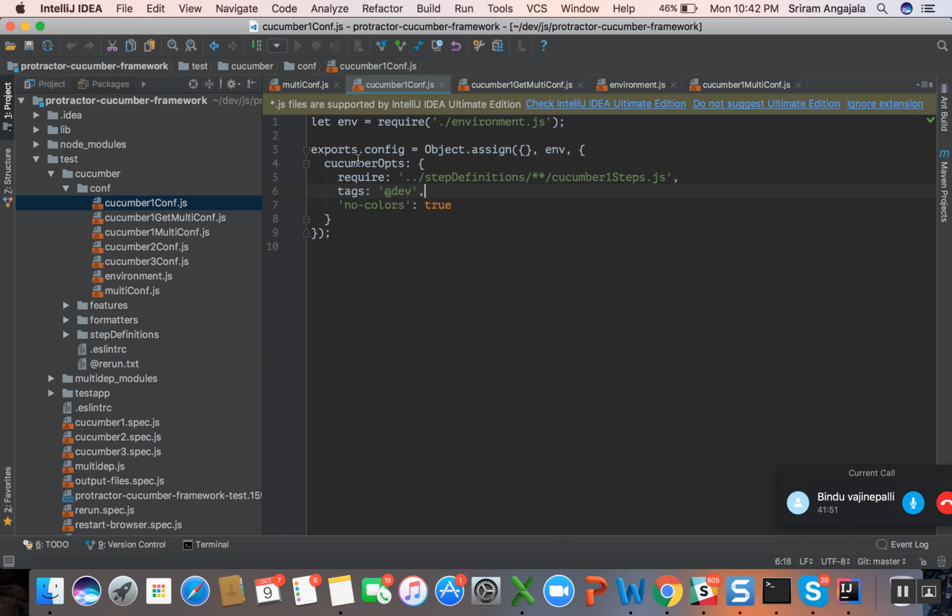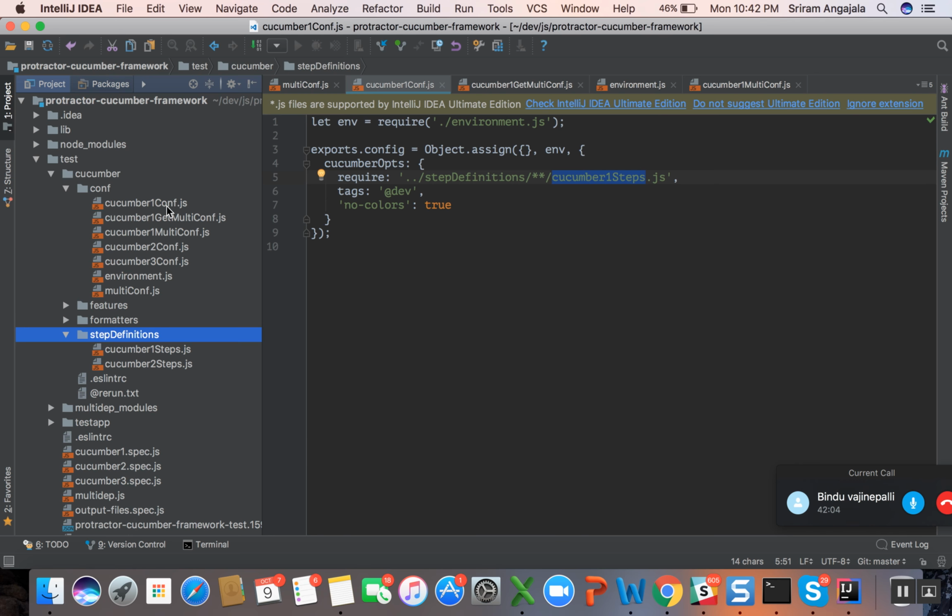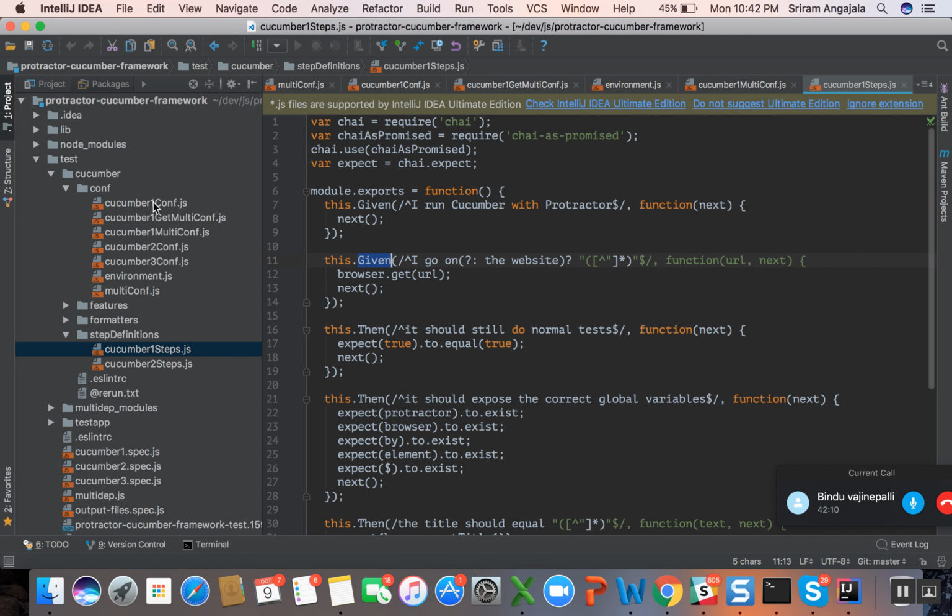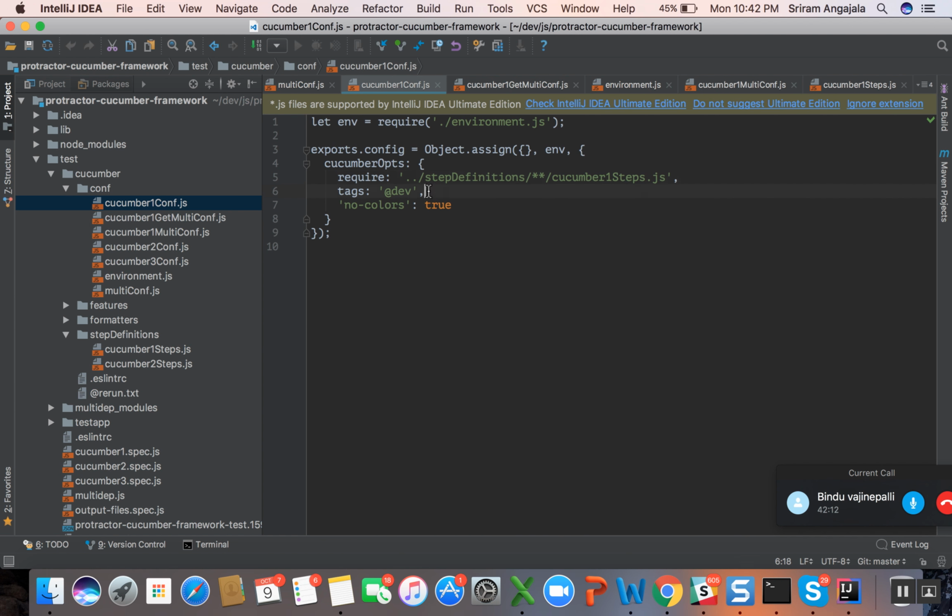Now you can see that Cucumber options is there. In these Cucumber options, he said that the Cucumber step definitions are in this folder. He is saying that if somebody is running this configuration, then this is your step definition, this is your tags, and there are no colors. So if we just run this cucumber configuration.js,